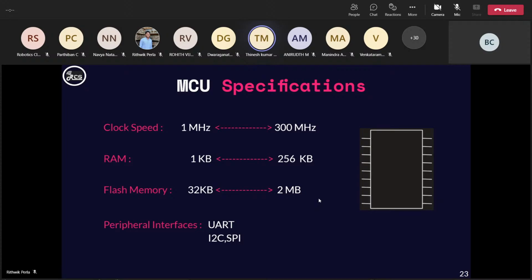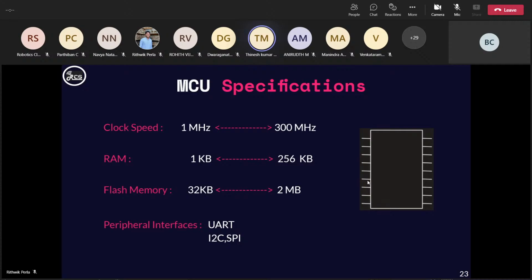It's almost similar, just that you cannot erase a ROM, and you can erase flash memory and upload it with new code. That is what a microcontroller needs, so it is really important. And peripheral interfaces. We can also store the program when the power goes off. This is non-volatile memory.